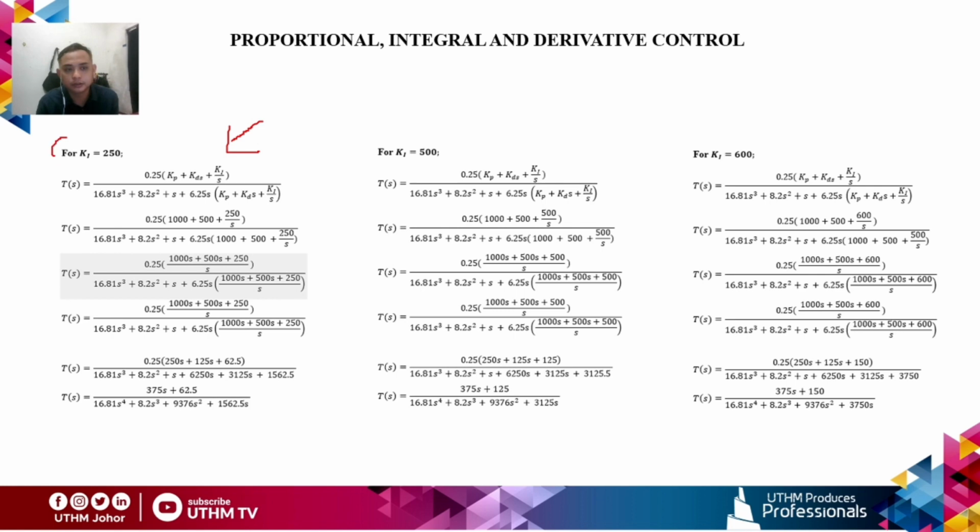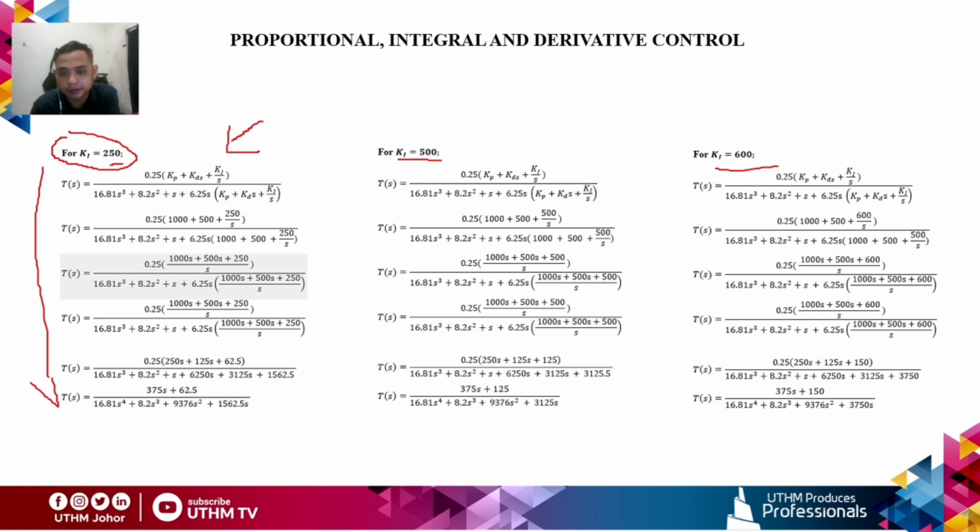So we substitute all the values of the Ki. Yes, the assumption was made: the values of Ki are 250, 500 and 600. Then all the Ki values are substituted into the equation, given that Kp equals 1000 and Kd equals 500, which are the best values. For the Ki of 250, when we substitute, we get the function